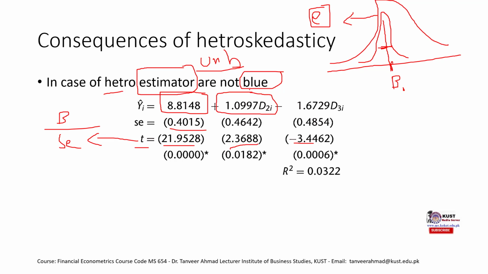So the estimates are unbiased, but the issue that would happen is that this standard error would increase. And if the standard error increases, that is, the denominator of this t formula increases, the t value would decrease. So instead of getting a 21, we might get, say, 0.21, right? If the standard error increases a lot. And the interpretation of this t value is, if it is greater than 1.96, then we say that